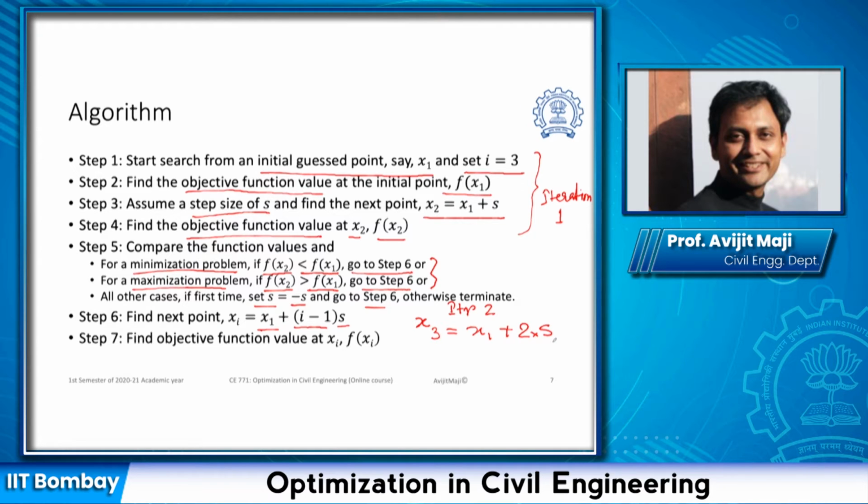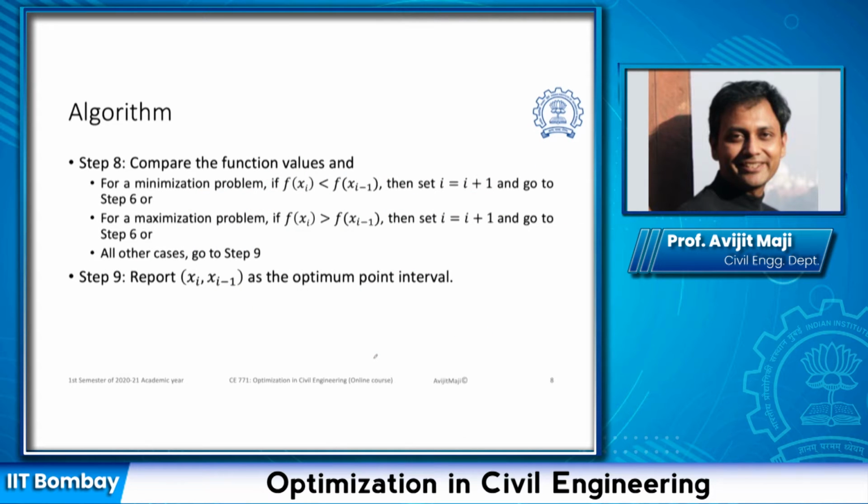And at this particular point, we are finding out the objective function value. And once we find out the objective function value, we would like to compare the objective function value with my previous point objective function value. So in the second iteration, my previous point is f(x2) and my current point is